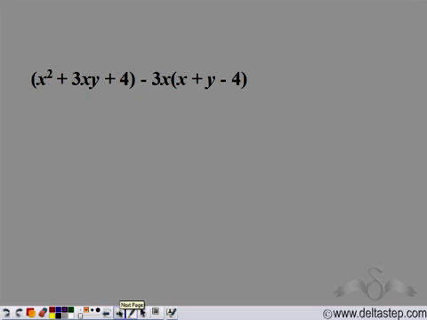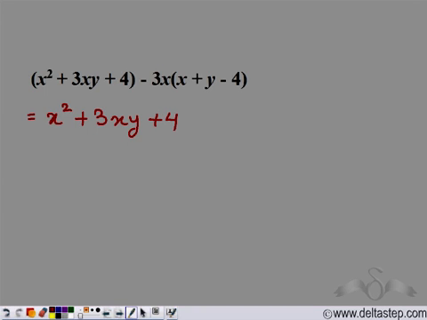Now try and simplify this expression. Well, do you see any like terms in this part? No. What about this part? We do not see any like terms in this part as well. But we have a multiplication here. So we can multiply it and see if we get any like terms. So we have x square plus 3xy plus 4